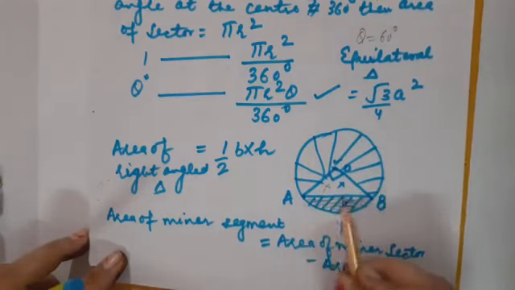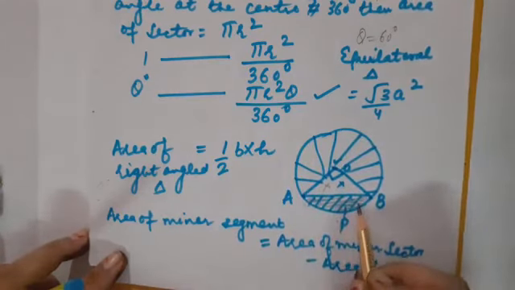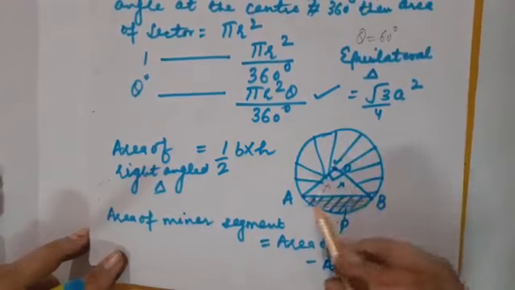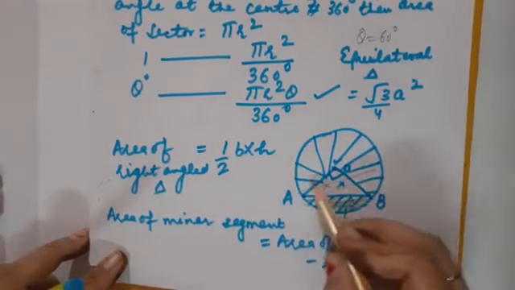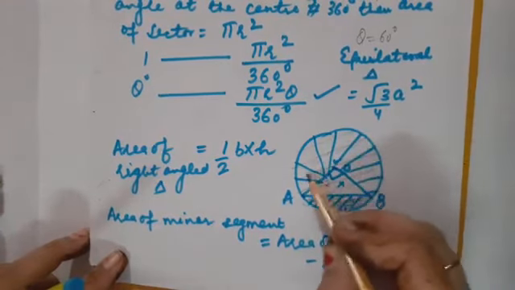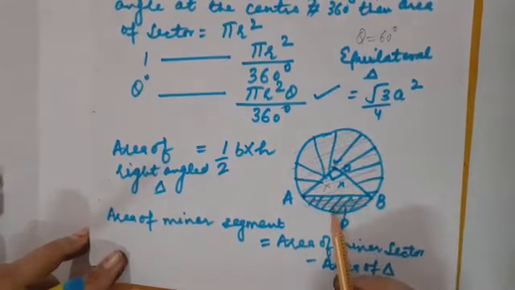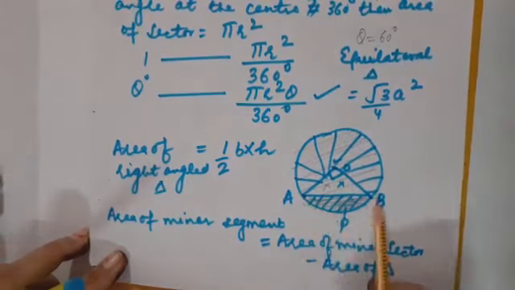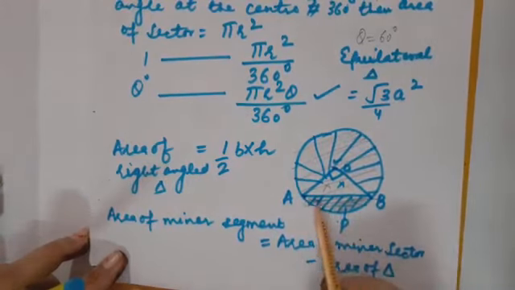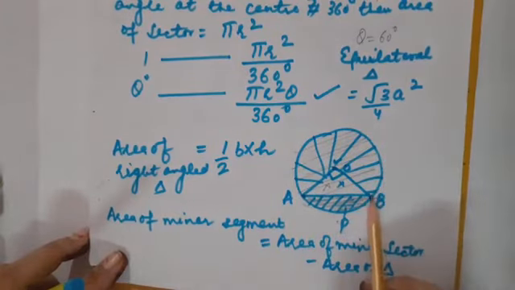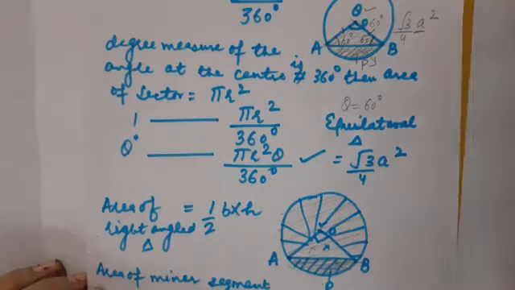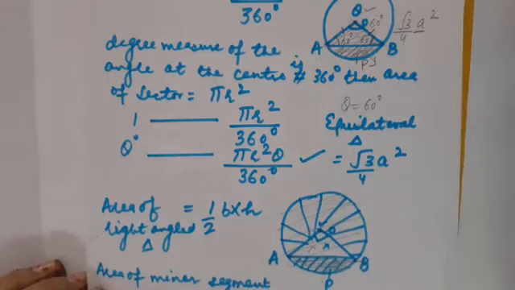Then I am going to subtract the area of the minor segment to come to know about the area of this complete major segment. Because a segment is nothing but the region which is bounded by the chord and the arc. This is the chord and this is the major arc. Clear? So children, this was all about the formula. Now I am going to begin with exercise 12.1.